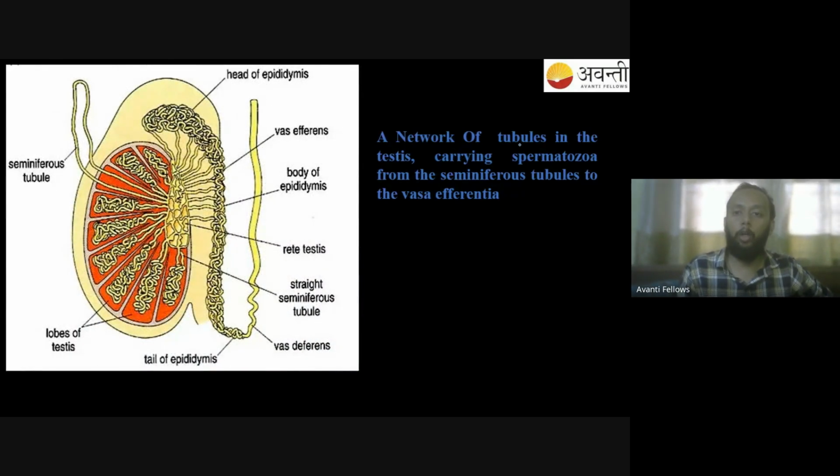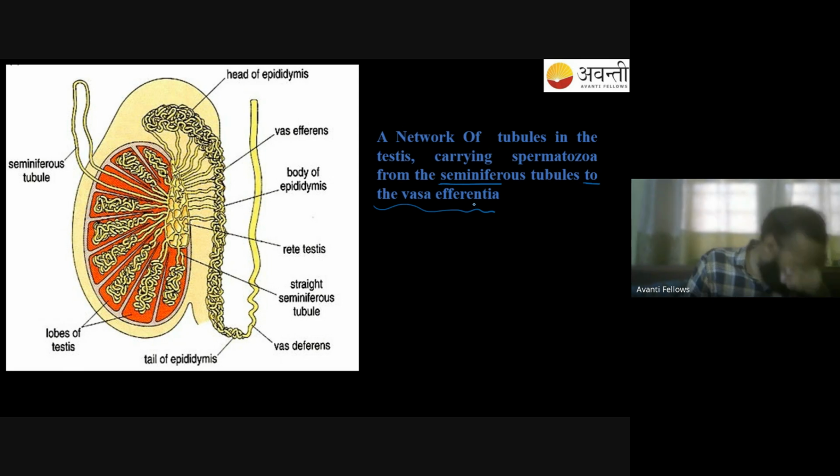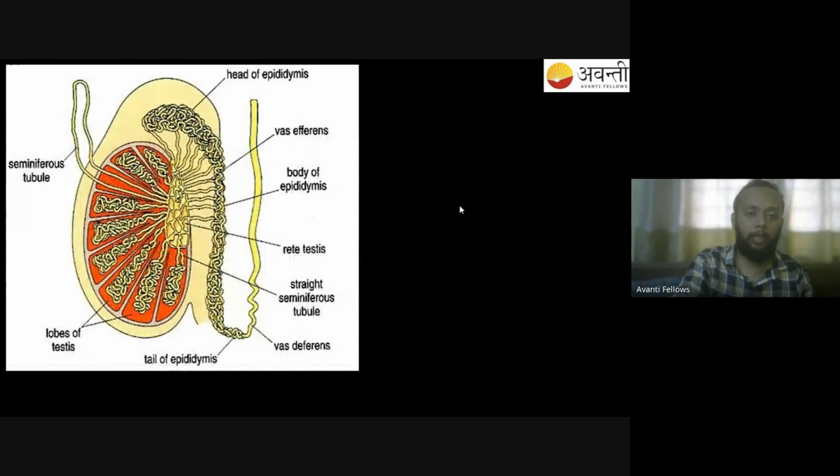A network of tubules in a testis carrying spermatozoa from the seminiferous tubule to the vas efferentia. Something we know: you have a network of tubules which carry the sperm from the seminiferous tubule to the vas efferentia. Okay. And from here, it will go into the epididymis. Right? Now, let's understand one thing. When we discuss the epididymis,